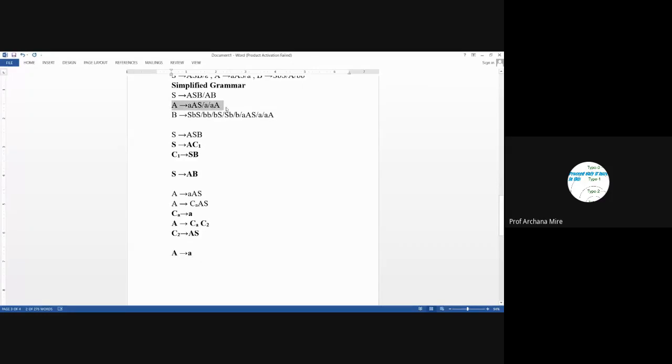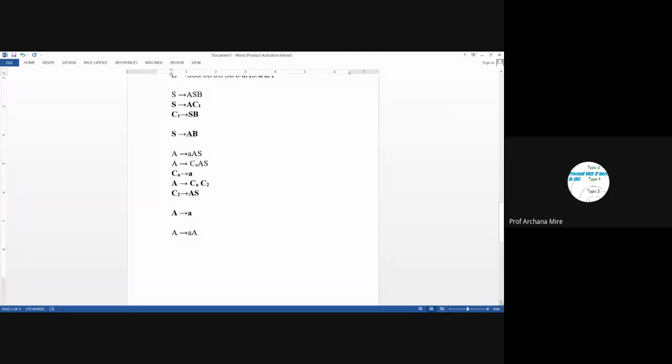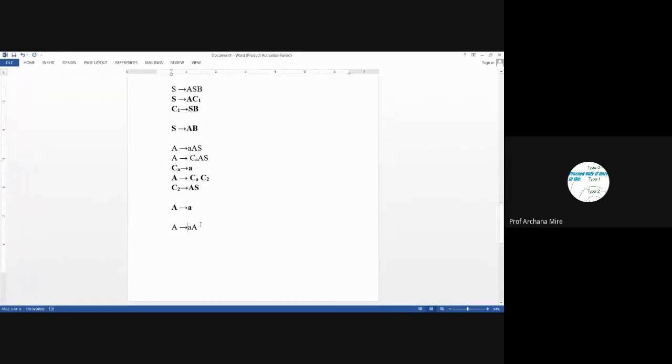Now the next production rule is A leads to small a capital A. Once again, it is not in the CNF form, so what will we have to do? We will need to replace this A with a new non-terminal CA.